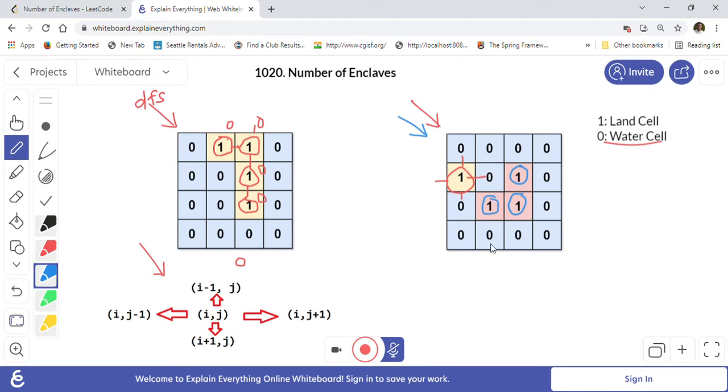So we return 3 as the answer, which is the number of enclaves from which we cannot walk off the grid, because there are water cells in between. So this is the problem we are going to solve using DFS.